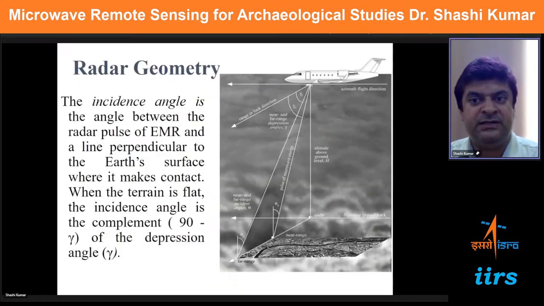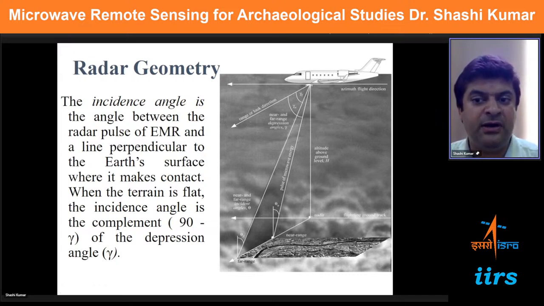Now, how are the SAR sensors operated to acquire the images? Here the radar geometry has been shown. The SAR sensor is placed here. This is an example of an airborne SAR system. The SAR sensor is placed at the bottom of the aircraft, and it is flying in the forward direction. That direction is known as the azimuth direction. And all the SAR